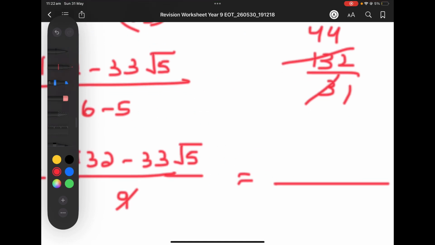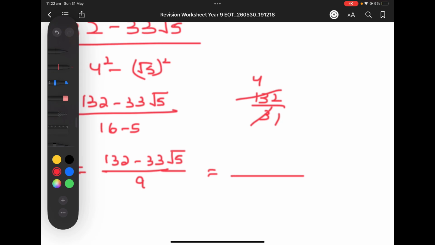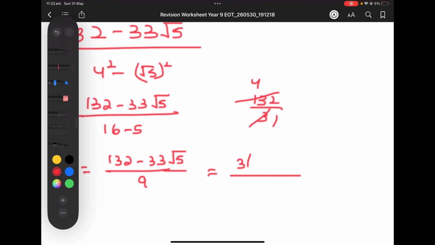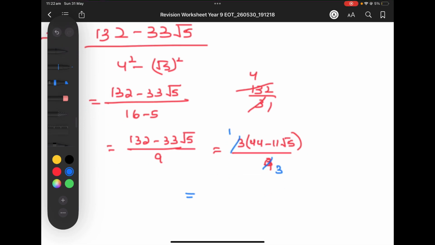So we can take the 3 common out from here. Let the 9 be here. That becomes 44 minus 11 root 5 over 3 over 9, sorry. Then 9 goes with 3 times table and this goes once, so you are left with 44 minus 11 root